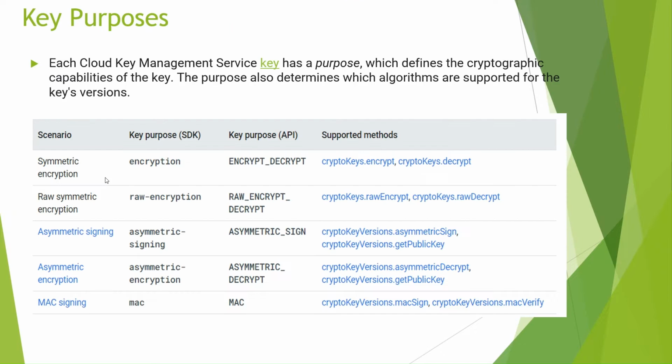So in this video we will basically focus on this second one, asymmetric encryption. We have already covered symmetric encryption. We will skip the raw asymmetric decryption part because I cannot create a demo for it. We will first see this option in this video. After that, I will create a signing and MAC signing video also.